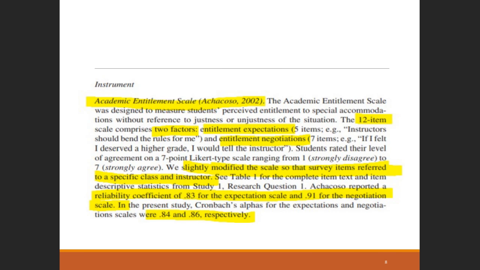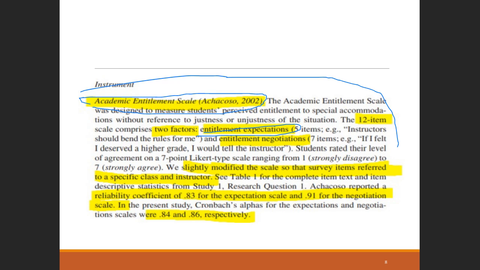Yes, this one. In this slide, it is categorically mentioned which scale is used, which dimensions that scale possesses, how many questions there are, and which particular research instrument you will be using, like the Likert scale. So you need to provide this information in your